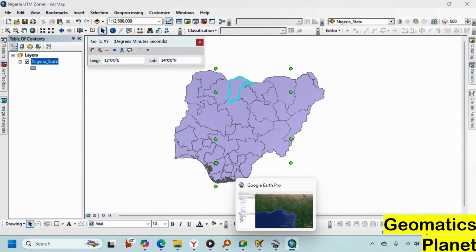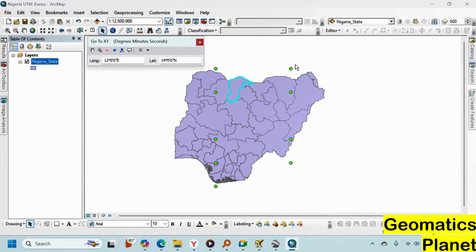Now if you look here, you will see that these have divided Nigeria into the UTM zones of zone 31 and zone 32. Now I can close this and I can clear selection. Now you can see these have divided this into this, and these have divided this into this. Now I'm going to use manually to split this thing